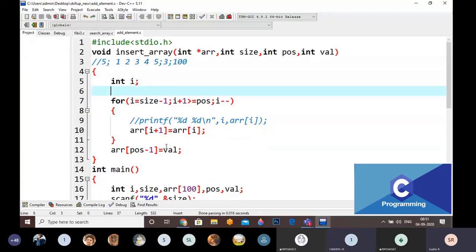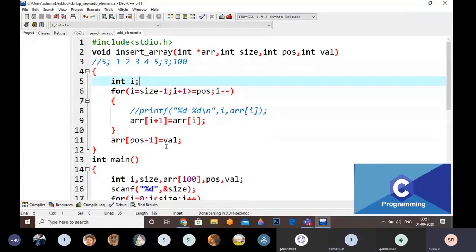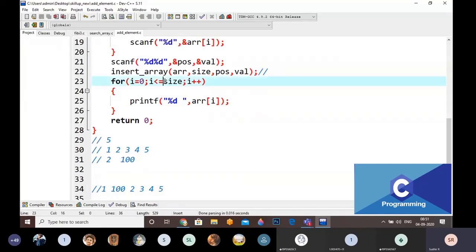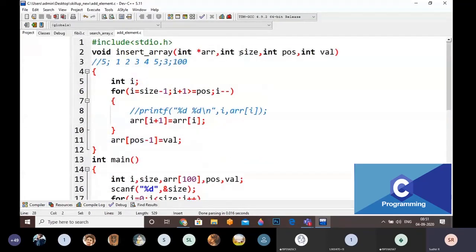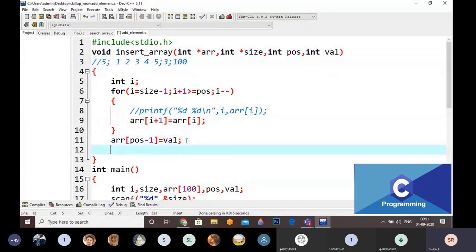I have to write it in the main function. Instead of this one, I am going to pass the size as an address here, and here I am going to catch it as a pointer. After this, I am going to write size plus equal to 1.